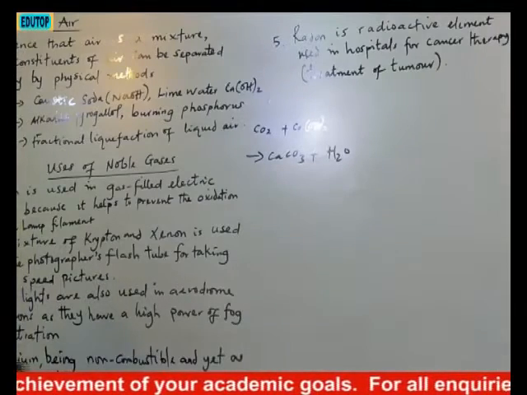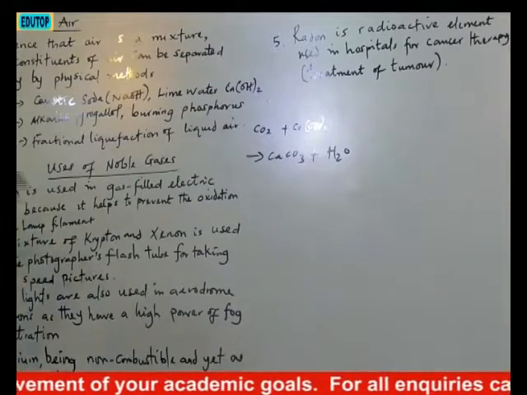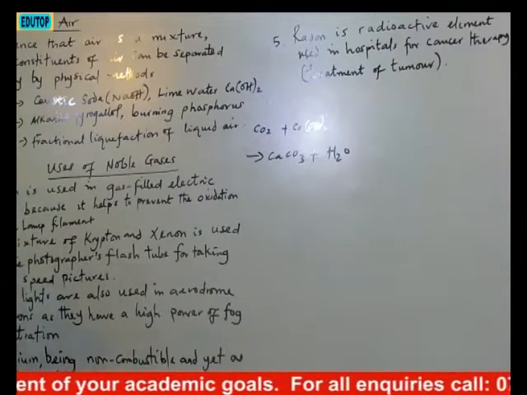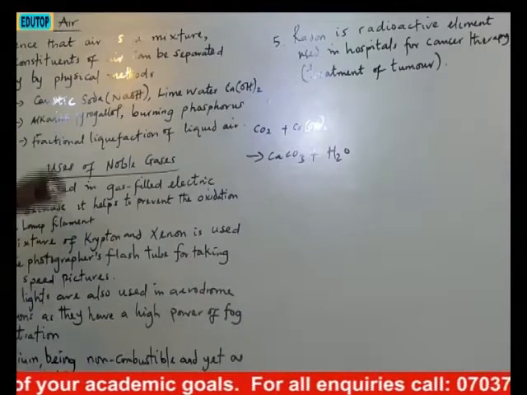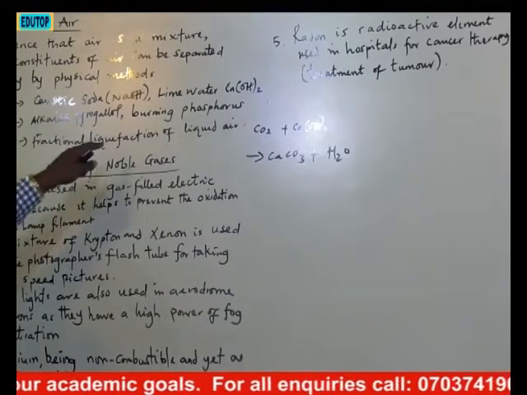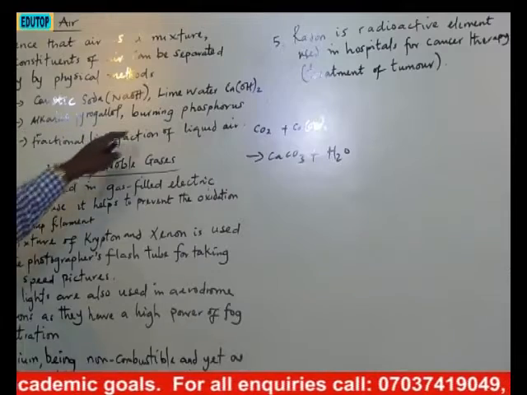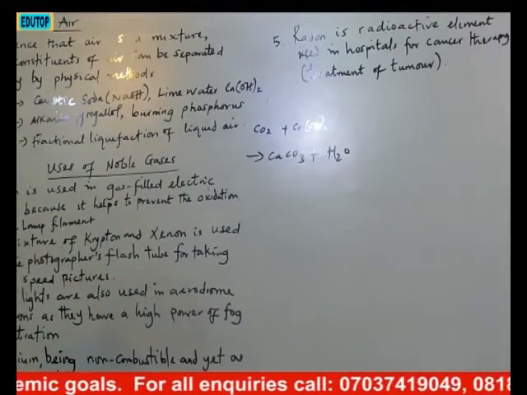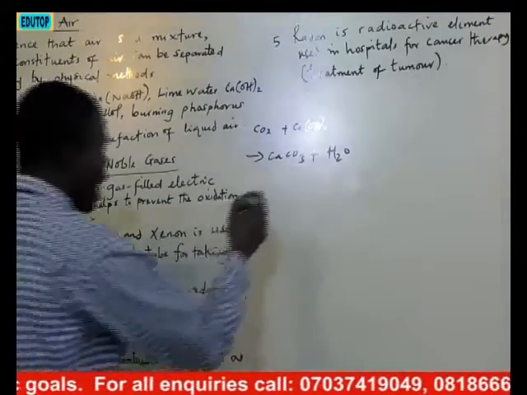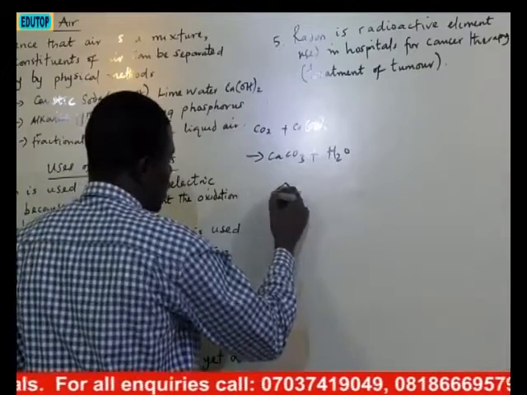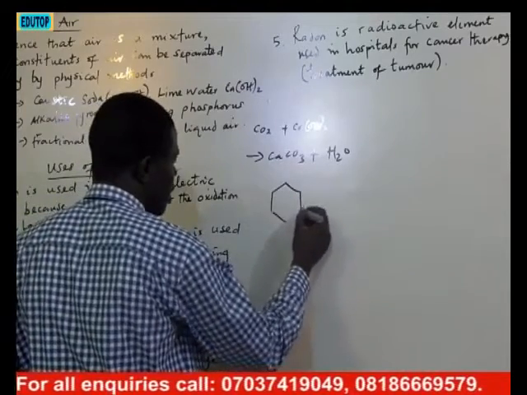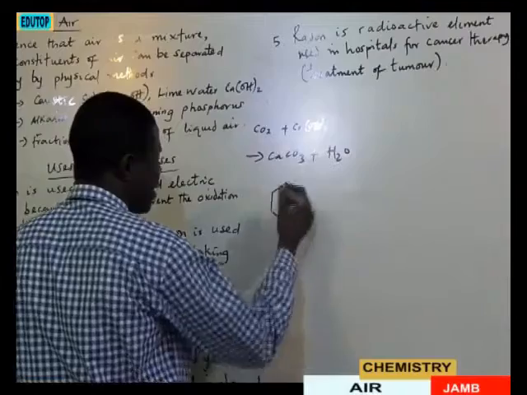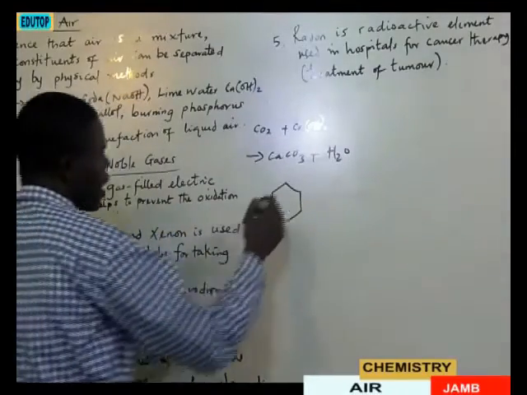Then also oxygen. How can oxygen be absorbed or be removed from air? It is by use of what? Alkaline pyrogallol. So we use alkaline pyrogallol or burning phosphorus. Alkaline pyrogallol is an organic compound. It's a derivative of benzene. Benzene has,